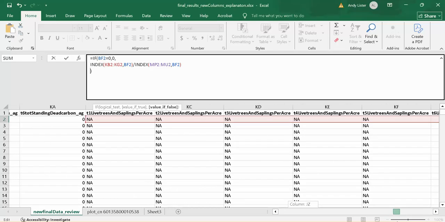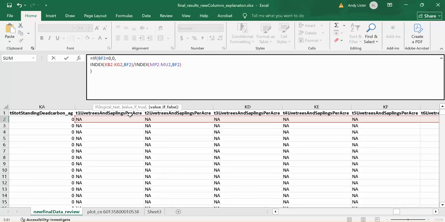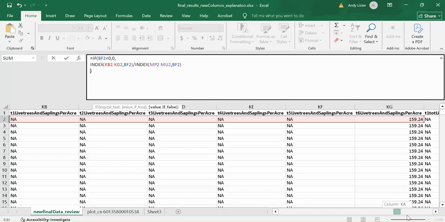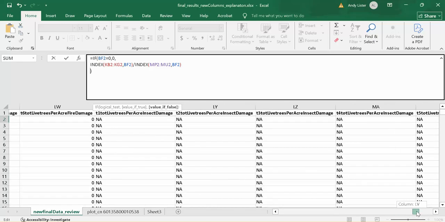KB2 is trees and saplings per acre. Okay, so let's think about that. It's the number of trees and saplings per acre on the plot, and that's divided by something. MP to MU. So it's 159.24 divided by MP to MU. So we have to go all the way over to MP to MU and see what we were doing there,